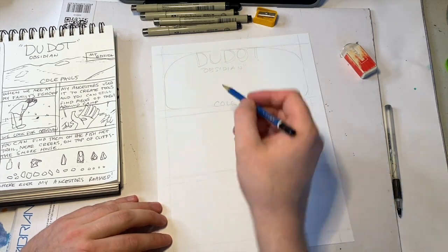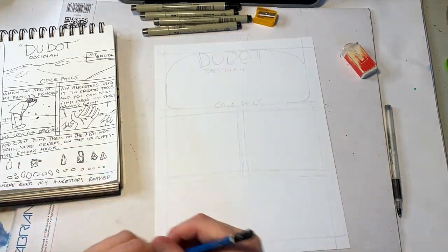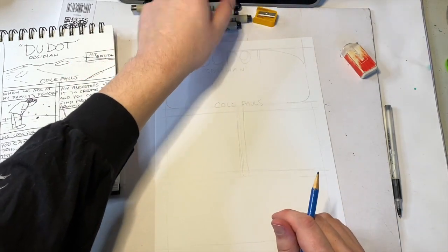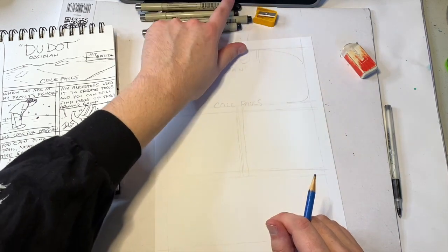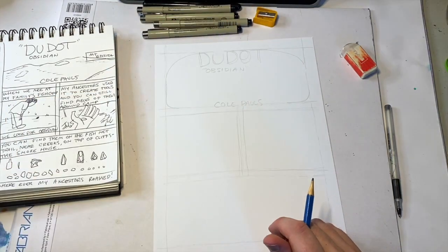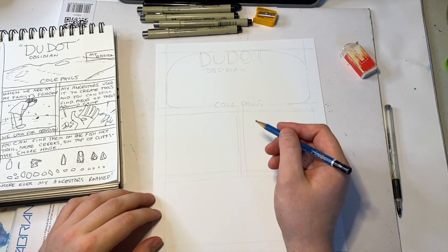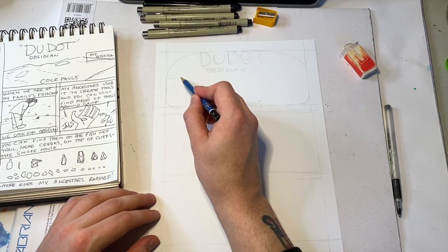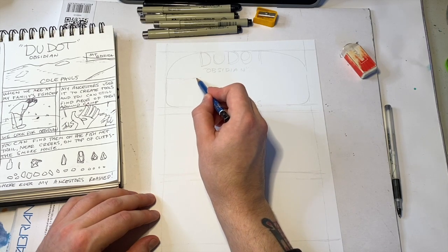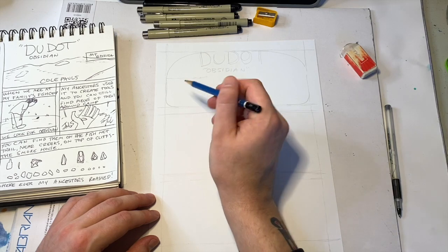Okay, yeah, I'm just gonna keep going, keep penciling away. Gonna go back to looking at my reference photos for these drawings, because this is the final artwork now, and I really do want to do a good job